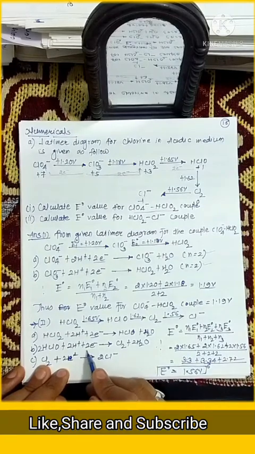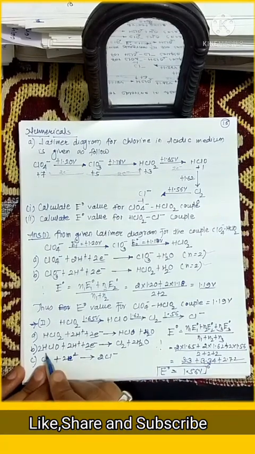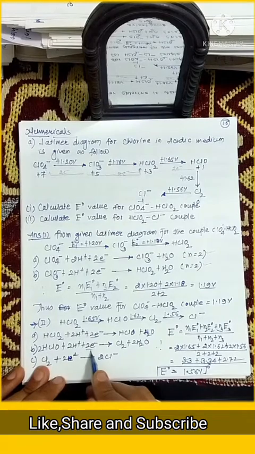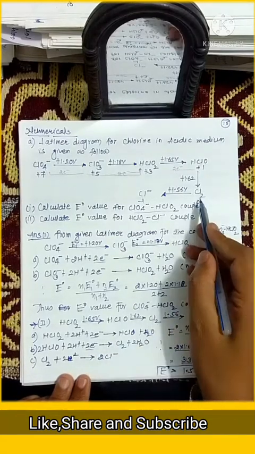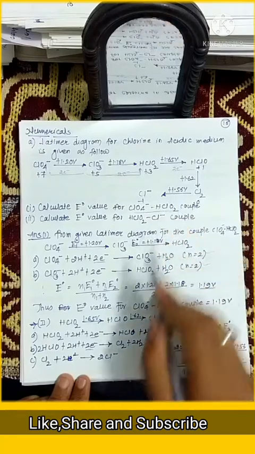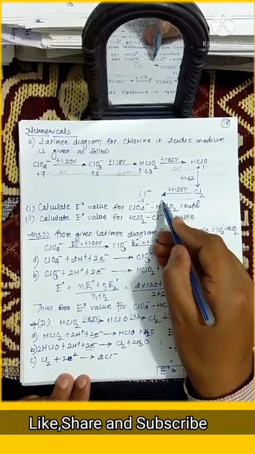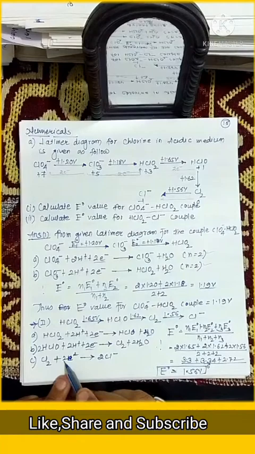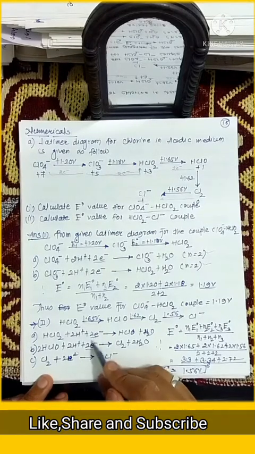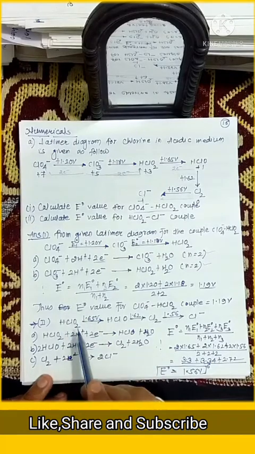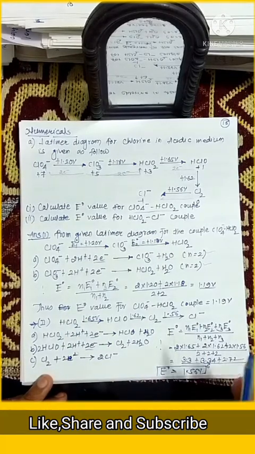But students should note that for balancing the reaction we multiply this by 2. So basically here 2 electrons are taking part. Now from here to here also 1 electron change, but to balance the reduction half cell reaction we multiply this with 2 because a molecule of chlorine is used. So the total number of electrons during this to this conversion is 6.